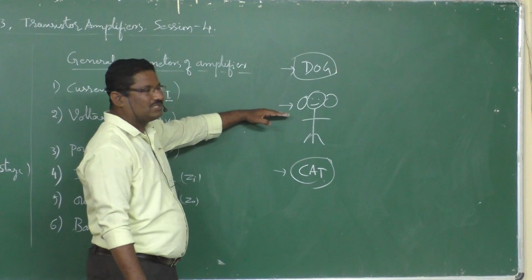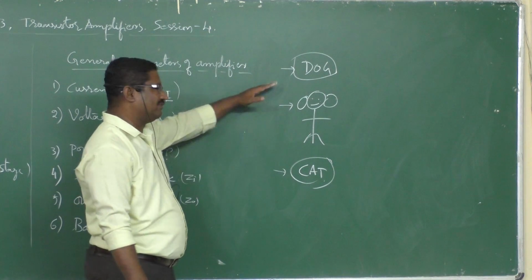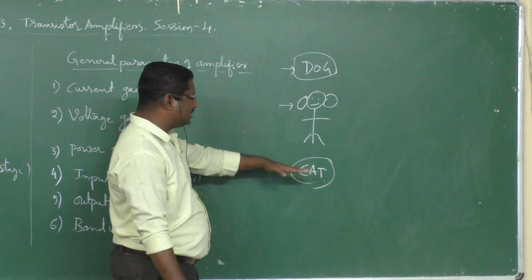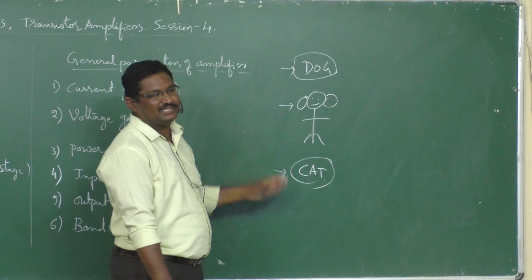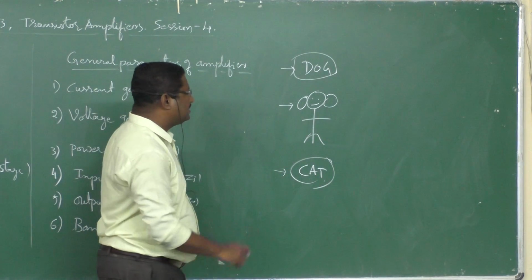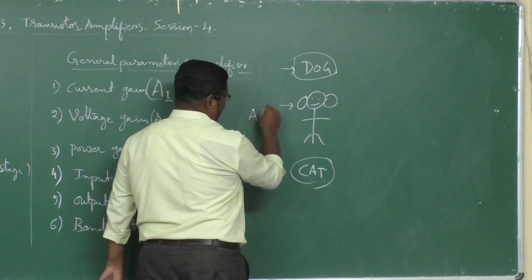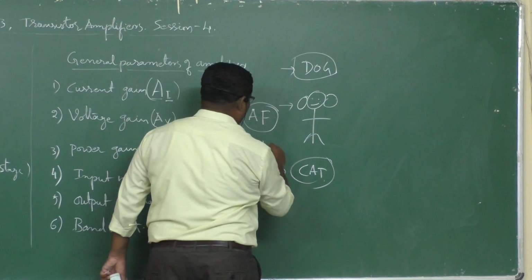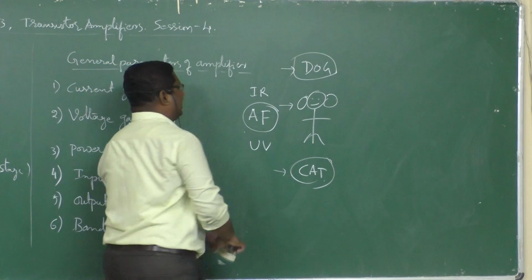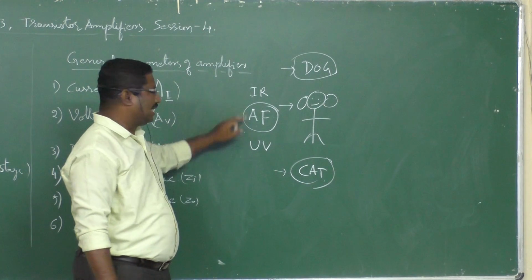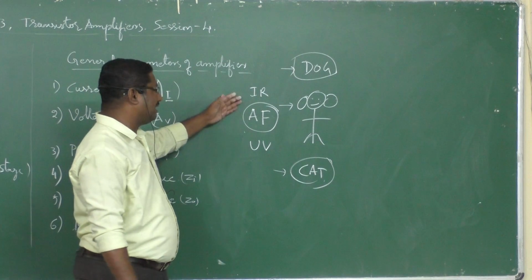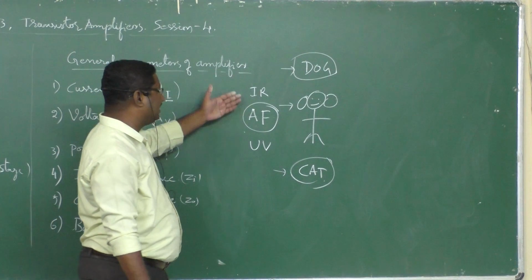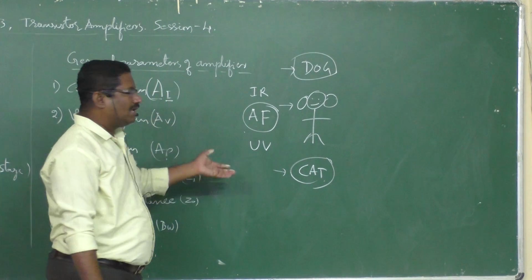So we are using some frequency, and they are also using some other frequency. We cannot listen to something which is heard by the dog, and we can't see what is seen by the cat. So their frequency range is different. We can hear only audio frequency signals, but ultraviolet and infrared signals we can't hear or see. But there are some other creatures in nature that can see and sense them.